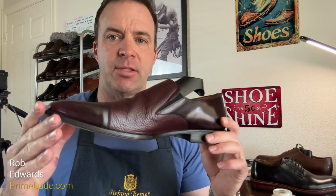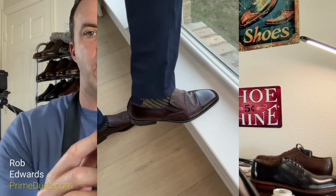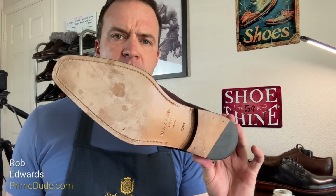But first, the shoe I'm holding is from Meslin, and it's a really fun burgundy loafer, right? You've got the Meslin logo. They're famous for that. Some people don't like it. I do. It's very subtle. And this is not Goodyear welted. This is Blake stitched. And before I get into collar gap, let's talk a little bit about Blake stitch,